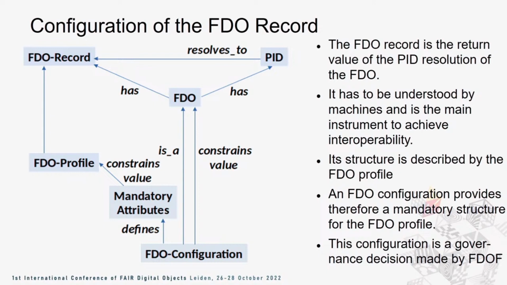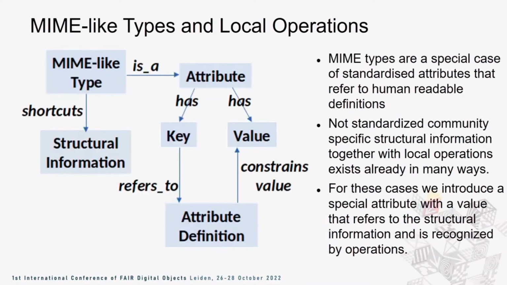There is currently no way for generalized operations to find their way into these details because they are just human readable. But what we can give here is similar to MIME types. We can have a persistent and unique identifier for these structures, and this way we can provide access for operations to work with them